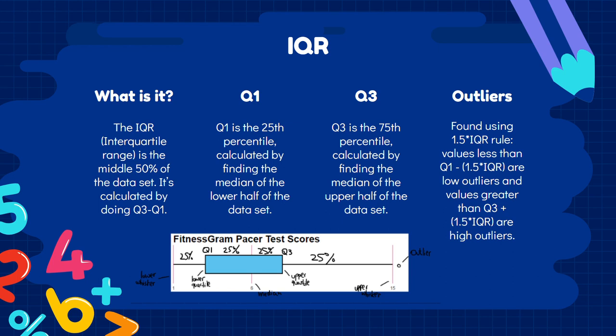It's the upper quartile, the third quartile, minus the first quartile. So it's Q3 minus Q1. Q1 is the 25th percentile. You see the left edge of the box is Q1. Everything to the left is 25% of the data, so it's in the 25th percentile. Q3, the right edge of the box, is the 75th percentile because there's